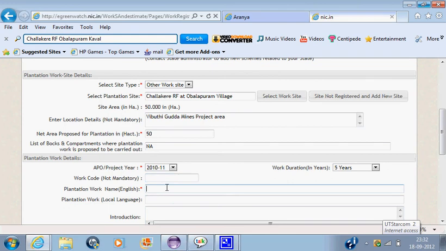And you need to put the plantation work name in English. It's plantation in Challakere Reserve Forest. And you put the same thing in your local language.